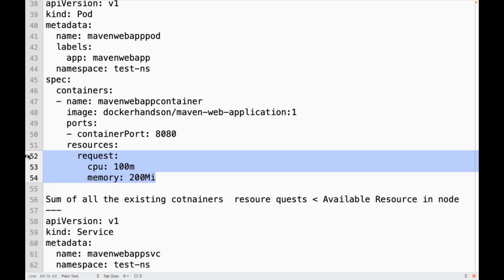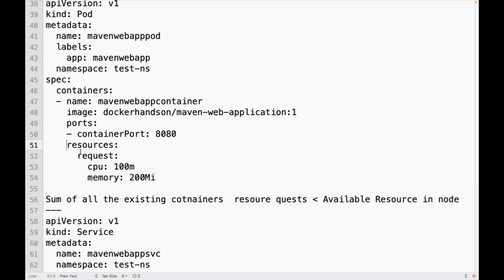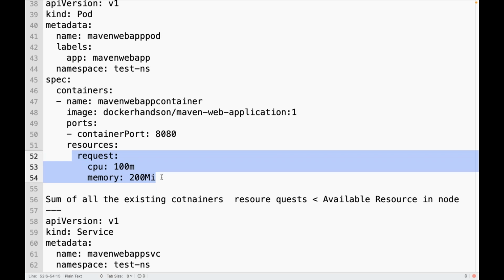No. In that case, does that pod go to pending state, saying there are no resources available? So even though I'm deploying a lot of pods, is it recommended to use this resource request so that it will prevent scheduling a lot of pods if you don't have enough CPU and memory available in the node? Will it prevent that at least?